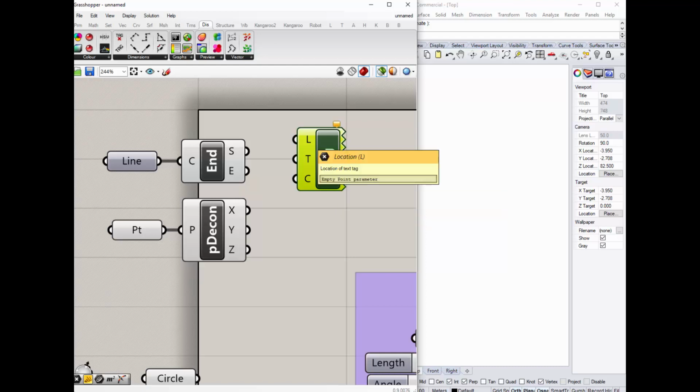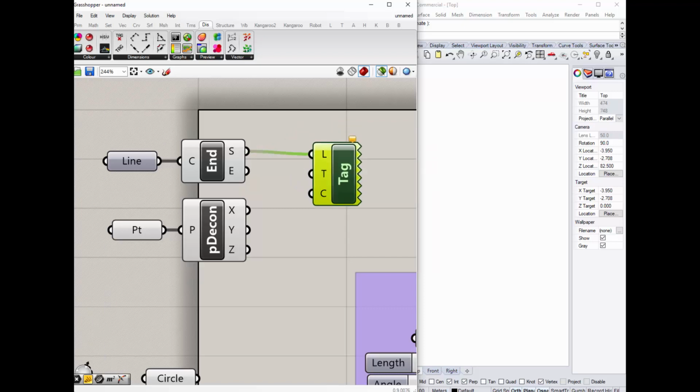He says, I take in a location. So location is a point. We can see that by the emoji. So let's just give him a point, okay? And then he says, give me text to display. And I think what I want to do is show the x-axis, the X coordinate, in Rhino. If I click this guy now, right, and if I just click everybody out here,